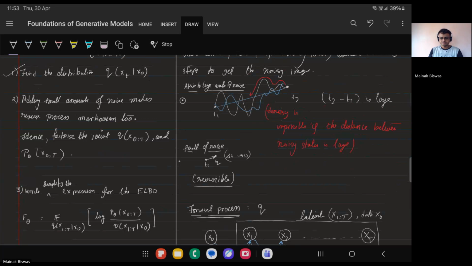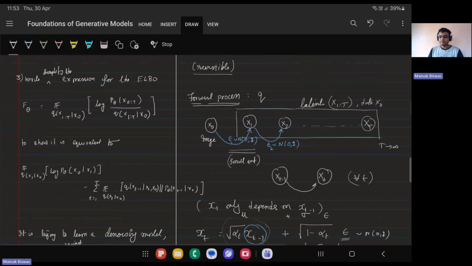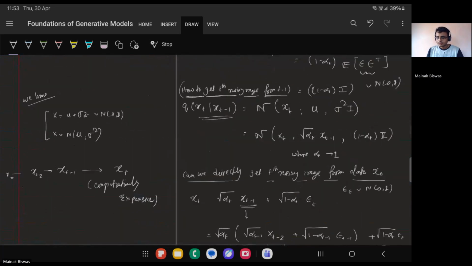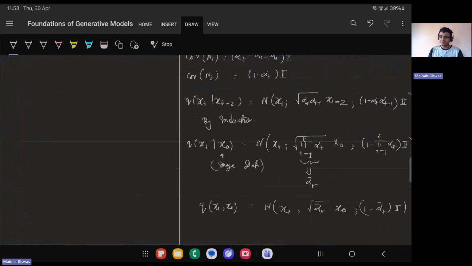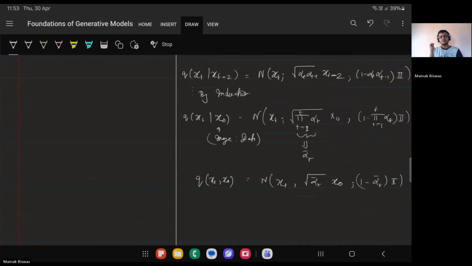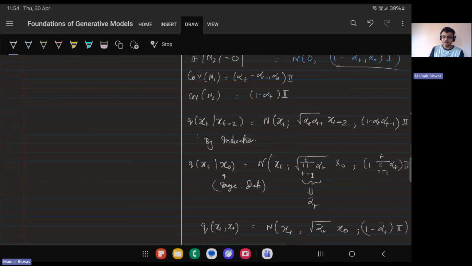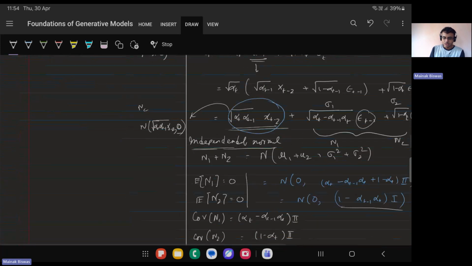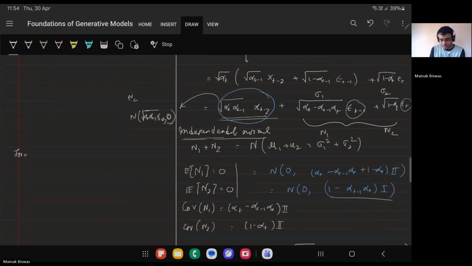Okay. So now we have seen this term. So I have been able to write down. So I'll write it down over here. So the forward process